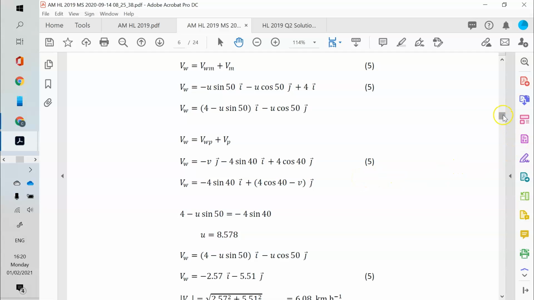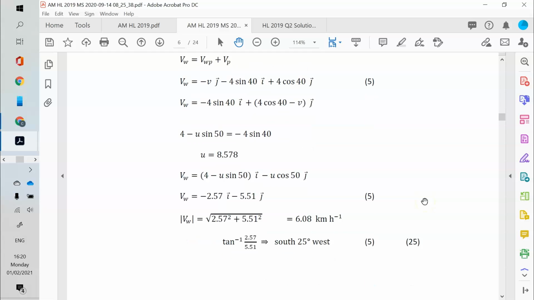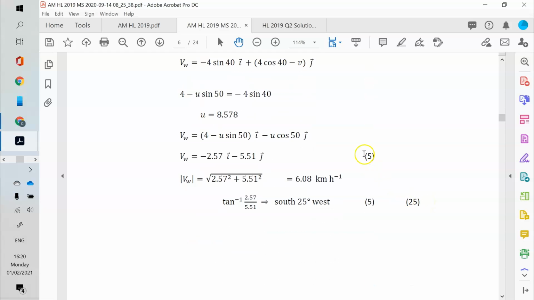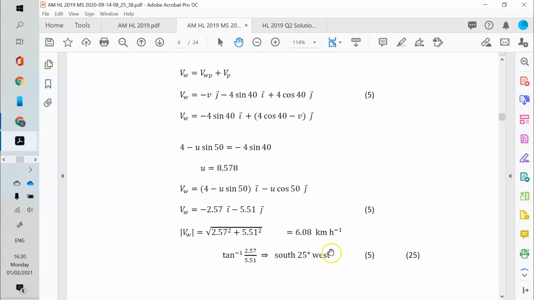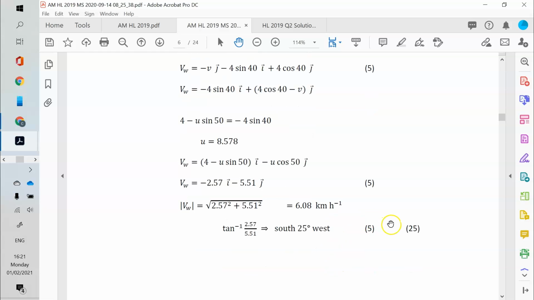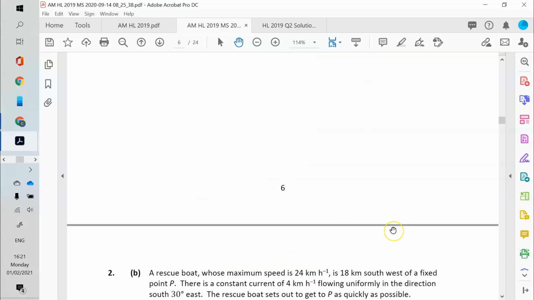Then solving those simultaneous equations gets you a further 5 marks, and finally answering the question with the magnitude and direction gets you the final 5 marks. So that's how you clock up your 25 marks for part A of the question. Make sure you state your formula, substitute into the formula twice, solve your equations and actually answer the question. In part B,